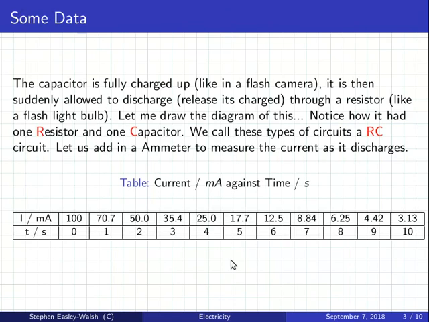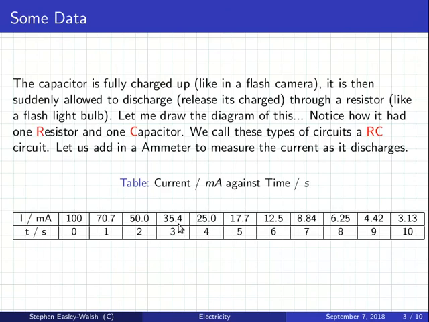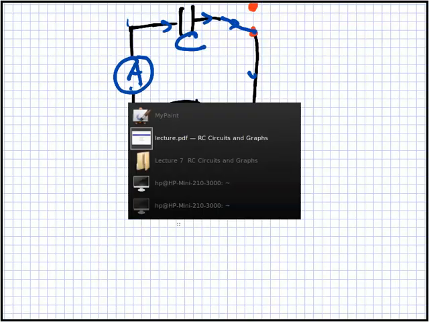So what I have here is the time, 10 seconds, and the current here in milliamps. So we go 100 milliamps, then 70, then 50, 35, and so on. It decreases here. I think what I would do, or what I want you to